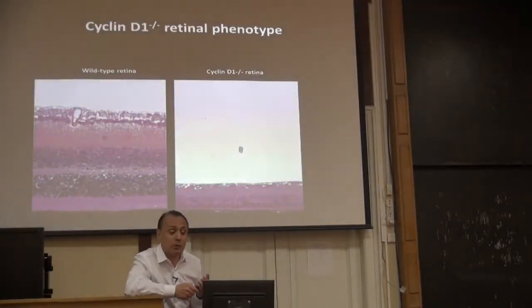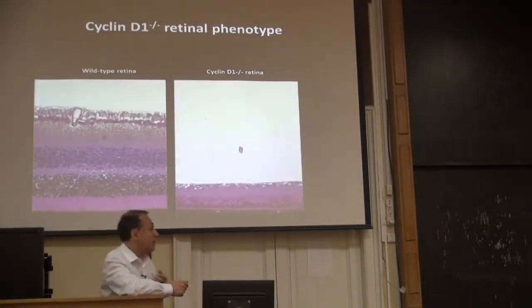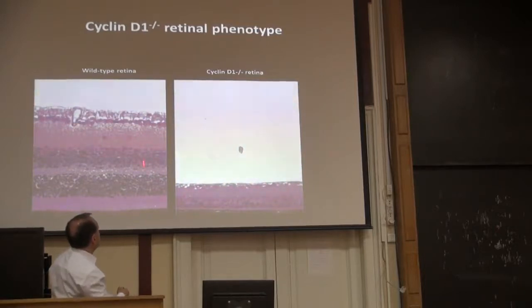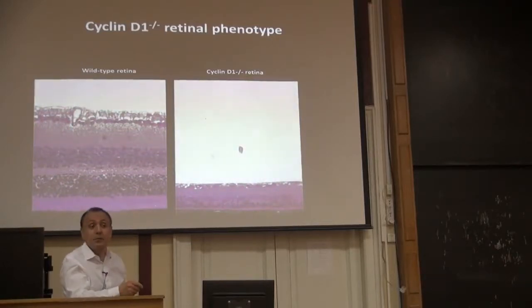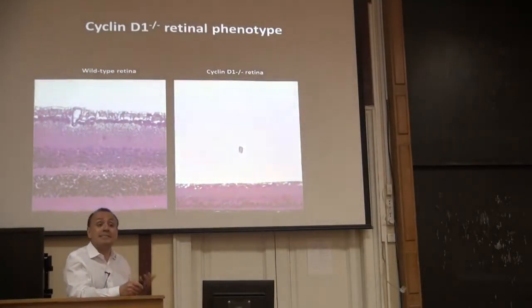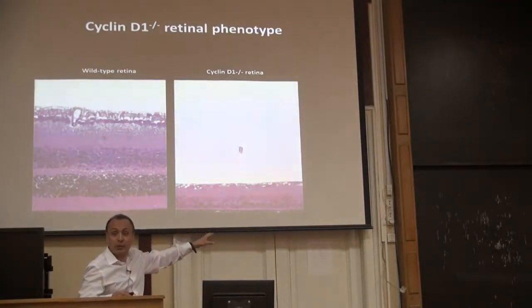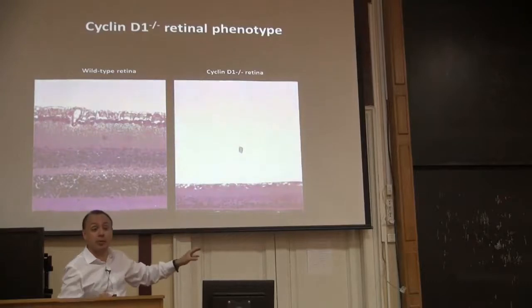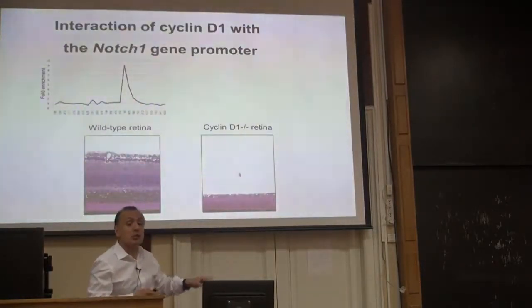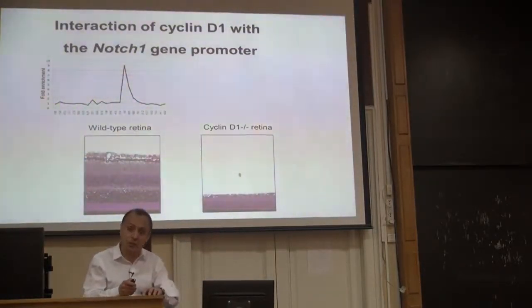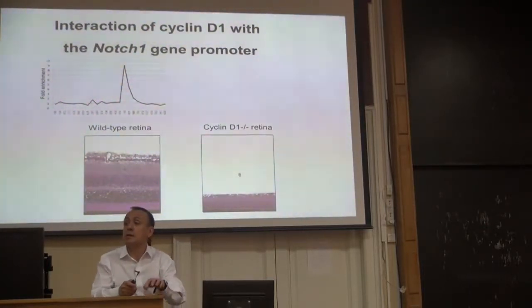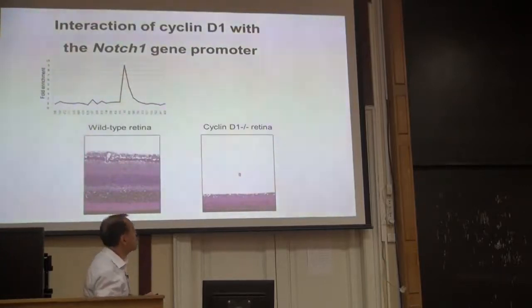And why do we care? Why do we want to have this short list? Well, the reason being that, as I showed you, this is the retina of a wild-type mouse, and this is the retina of a cyclin D1 knockout mouse, and this is very hypoplastic. And we wanted to see, does this transcriptional function underlie this phenotype? Can this phenotype be due to cyclin D1 sitting on the promoters and doing something? So looking at the genes where cyclin D1 is sitting on a promoter,